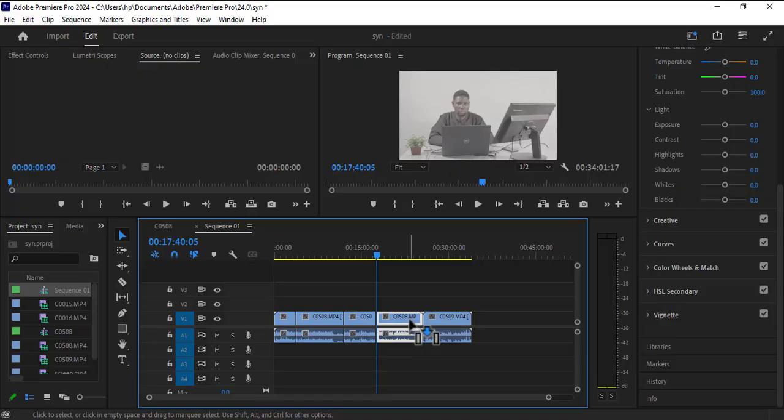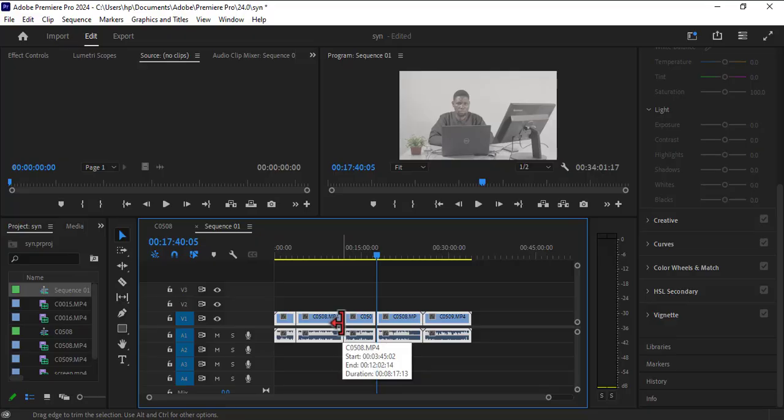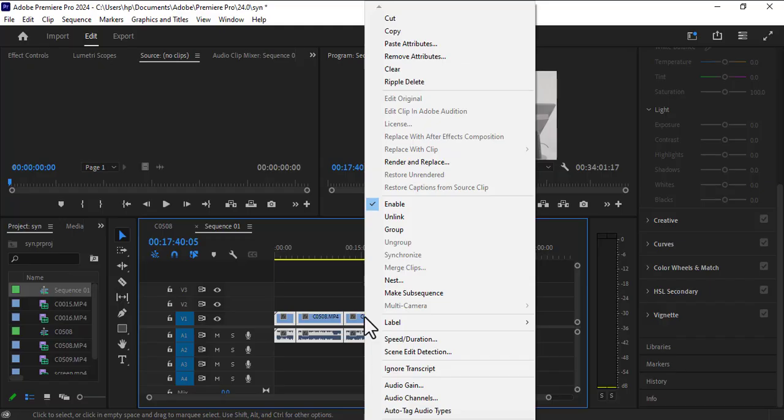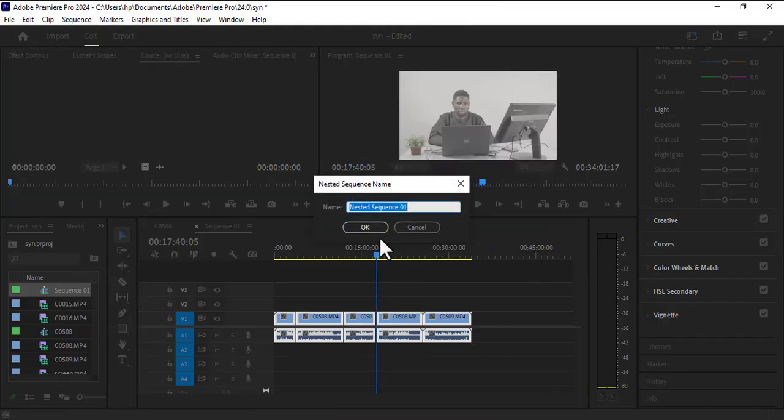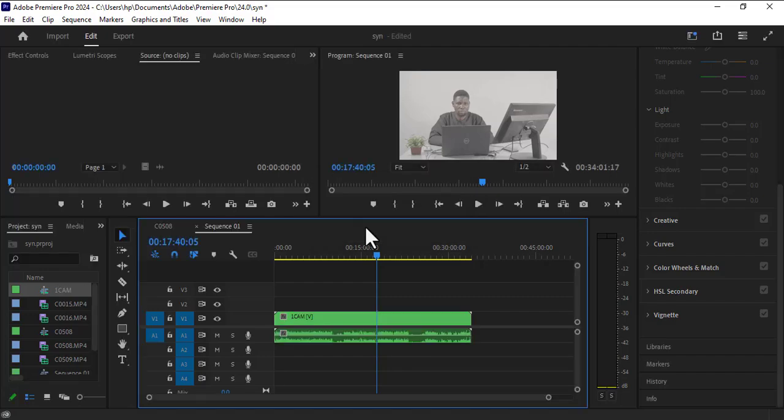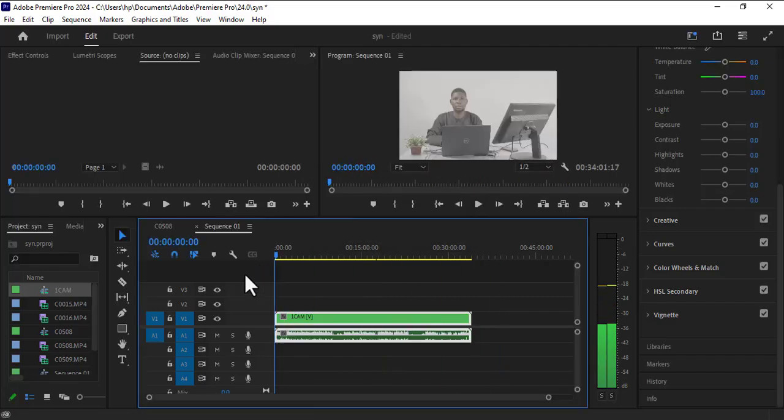So the next method, which is the most important method, is nesting. Now, let's say I've been able to cut off all the unwanted parts and I just want to edit these together. All that I need to do is to right click on this and click on nest. Now I will name it, let's say I just say one cam. Then okay. Now it's going to nest the whole of these clips together, allowing me, if I put maybe an adjustment